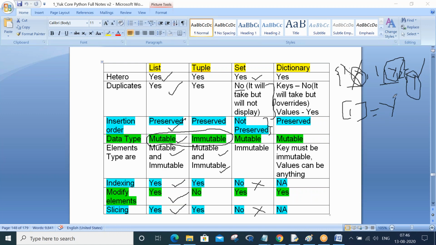Likewise, values can be duplicates. Now insertion order: insertion order is preserved for dictionaries. When insertion order is preserved for dictionaries, indexing must be yes, no? But why have I written here NA, not applicable?